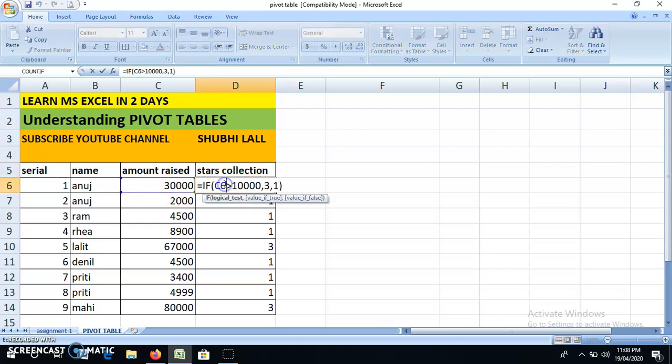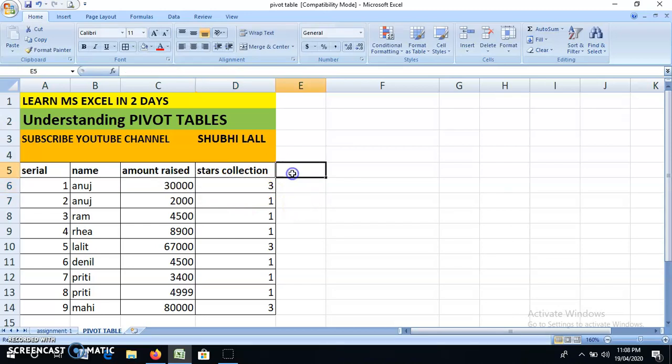I'm just showing you the function which I have applied over here, that if the amount raised is greater than 10,000, then the student is given a star 3, otherwise 1. So that is how the rating is done for every student. So if you cross 10,000 directly, you get 3 stars. These are the things that we apply on students to encourage them for extracurricular activities and teach them how the companies expect from you when you are working over there. So this is just a case where in a playway method we try to teach students how to work in this competitive world.